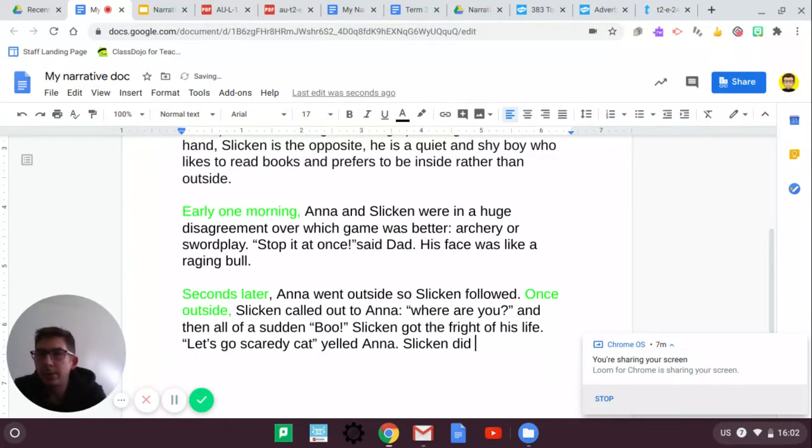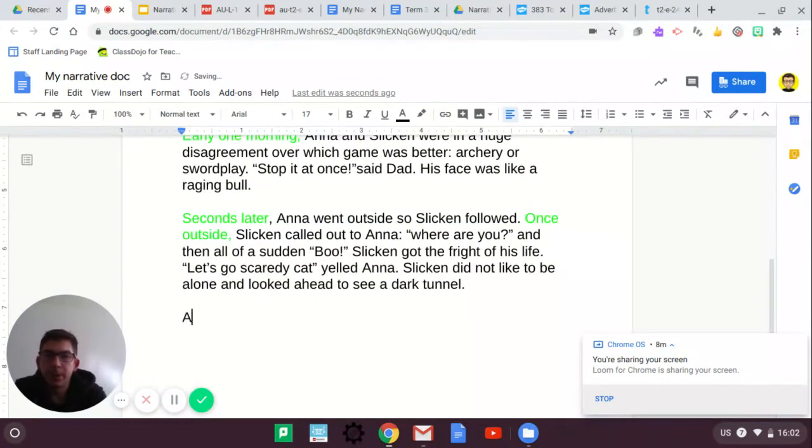Slicken did not like to be alone and looked ahead to see a dark tunnel. Dun dun dun! Okay. So, as another linking word. Right, these are going to be very important. Okay, as you write, as